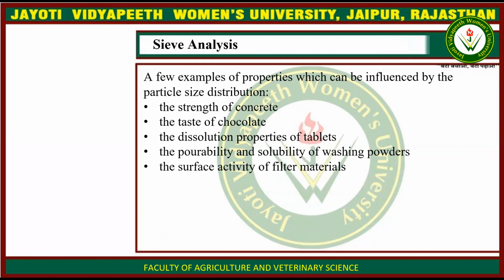The particle size distribution basically affects many properties of the food product. Some examples are the strength of the concrete, the taste of the chocolate. If the particle size of the chocolate is much higher, then it feels gritty in the mouth. But if the particle size is so small, then it will be silky and it will melt in our mouth. Other examples are the dissolution properties of tablets, the pourability and solubility of washing powder, and